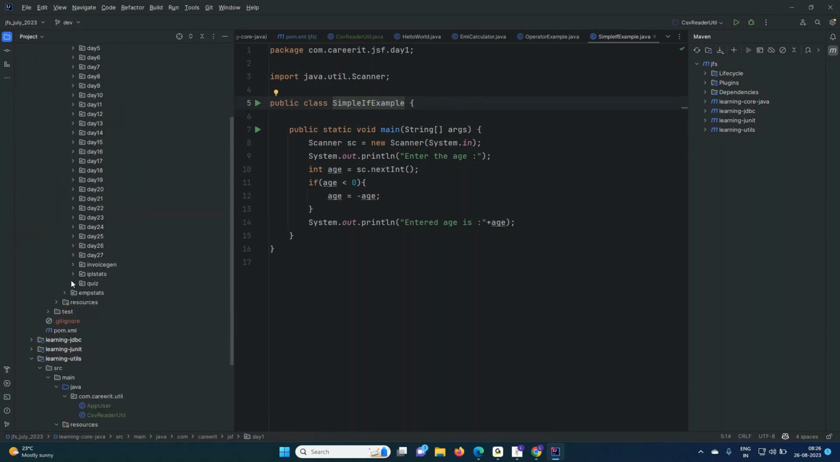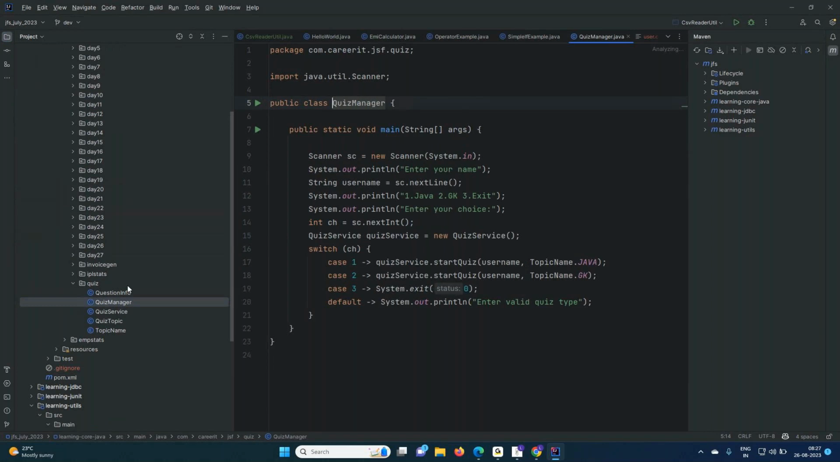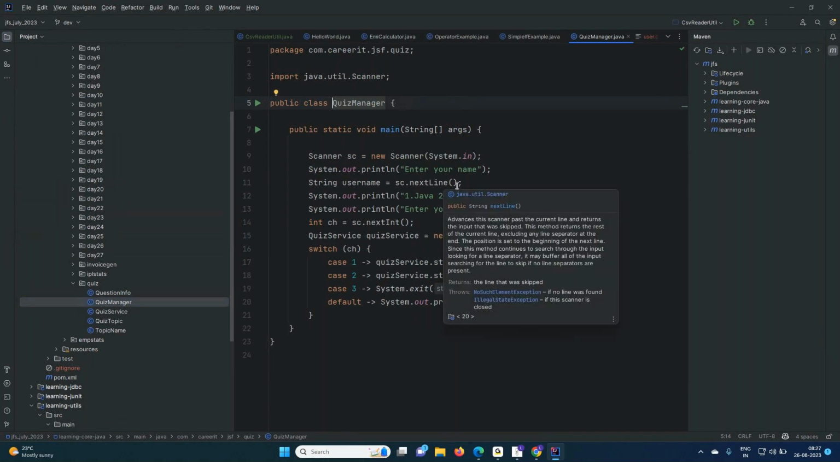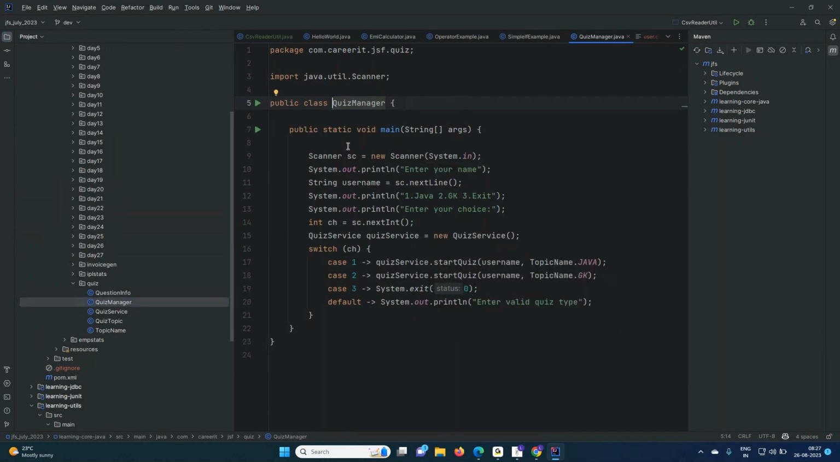Suppose I'm taking this classroom example. Whenever you learn the concept of collections, you want to do some kind of assignment, practice some questions, and do this small assignment. Suppose I'm taking this example, it is a quiz-taking example. Let me run this application. I hope it is running. It runs. Okay, this is a quiz application where